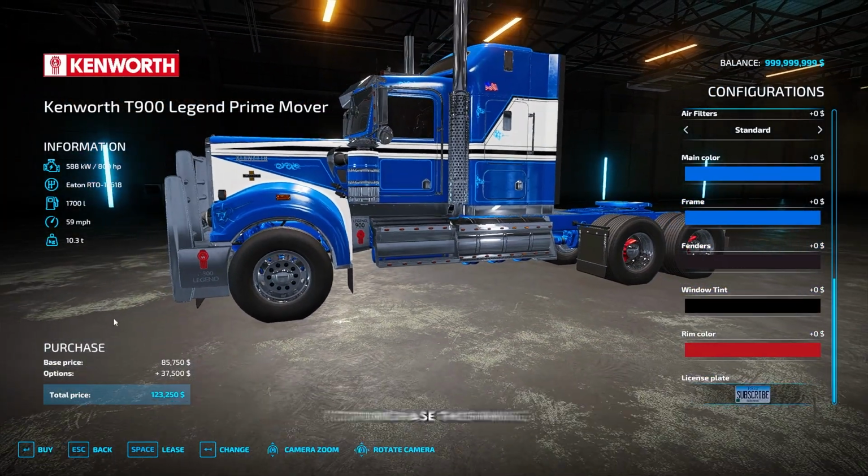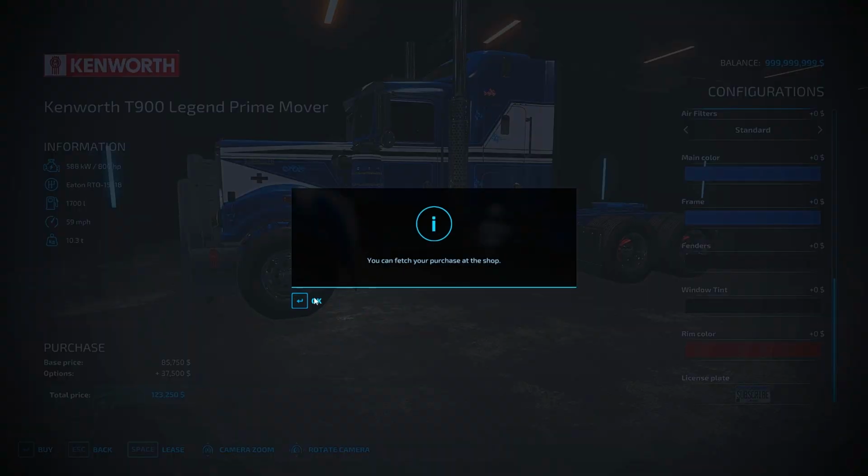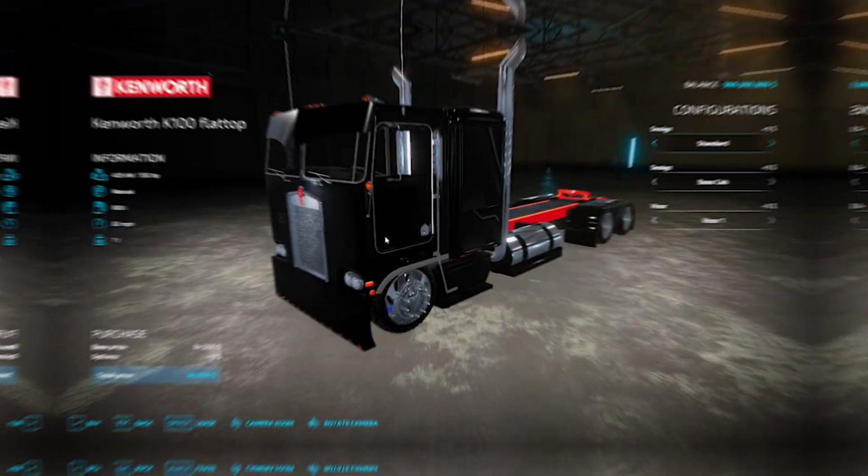And we're ready to purchase this thing. $123,000. Not too bad. So we get the first truck. Let's go build out the second. All right, the second truck we're